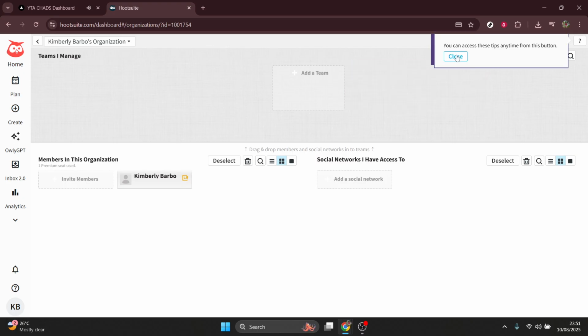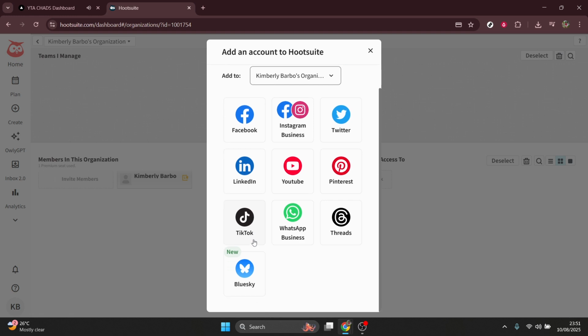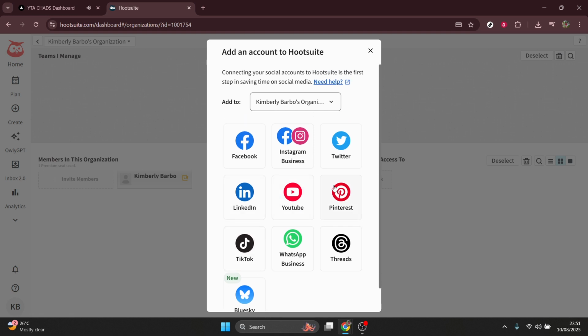The next part involves logging in to the selected social media account when you're prompted to. Make sure you have your credentials handy. Once logged in, you will need to authorize Hootsuite to access your account. This authorization is crucial as it links Hootsuite directly with your social media profiles, allowing you full functionality like scheduling